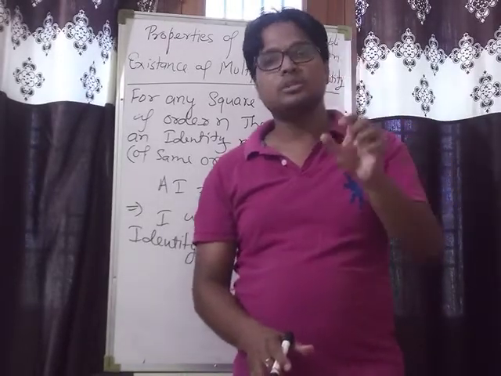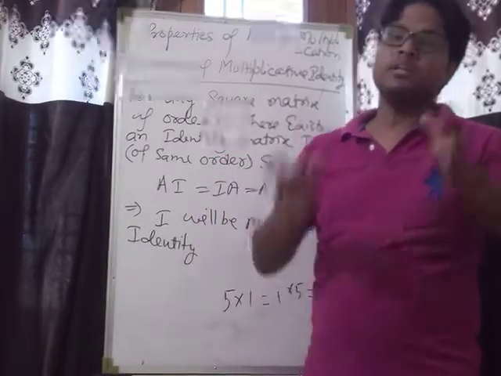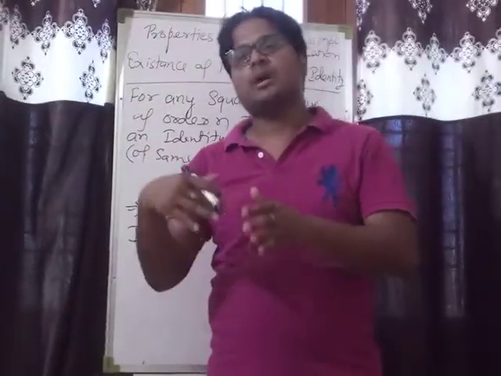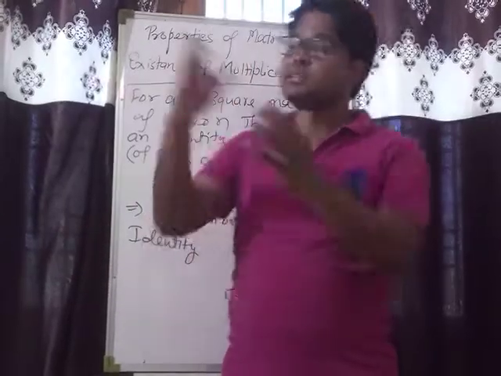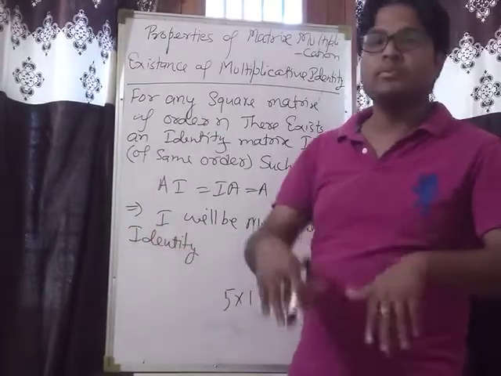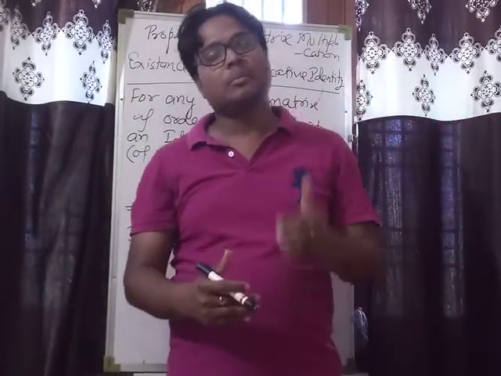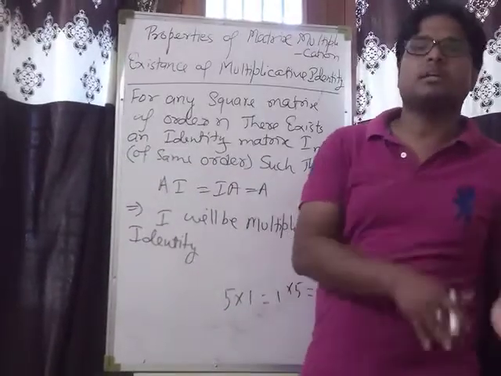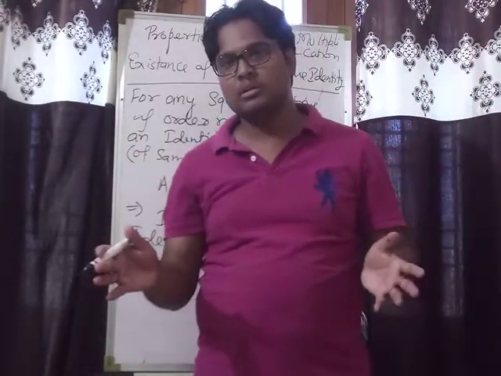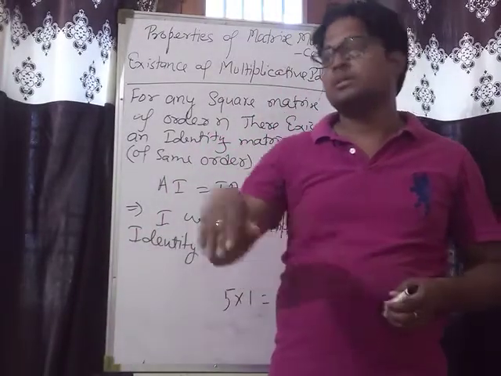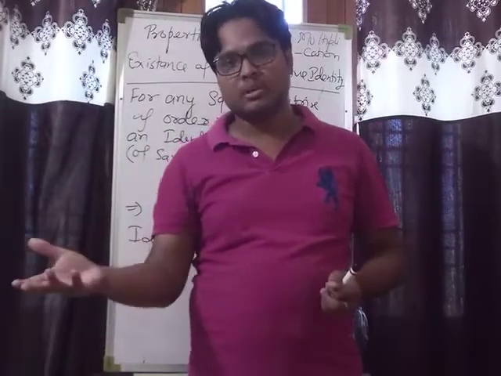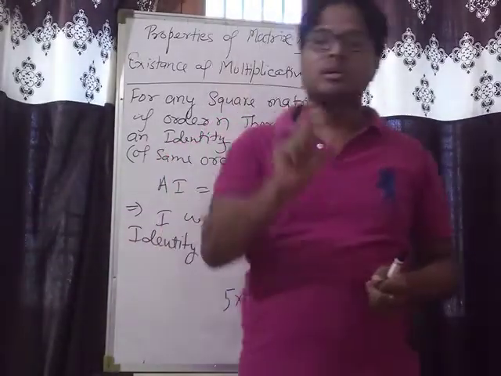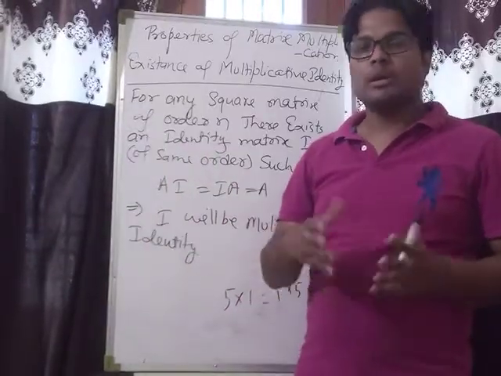Why is 0 the additive identity? In any number, when we add 0, either left or right, we will get the same result. In the same way, 1 is multiplicative identity because when we multiply 1, either left or right of any number for the set of real numbers, that is equal to the same number. 2 into 1 is equal to 1 into 2, that is equal to 2. That's why 1 is multiplicative identity.